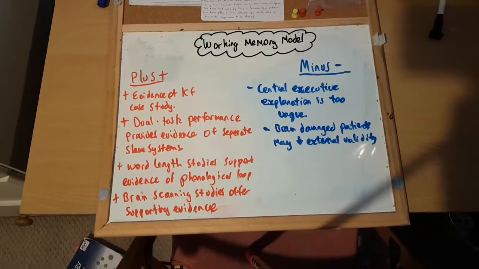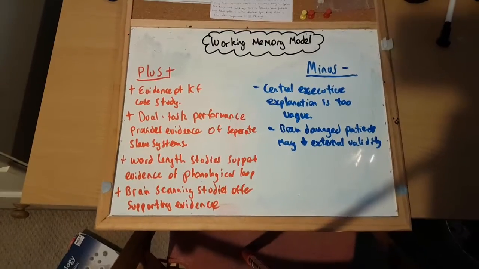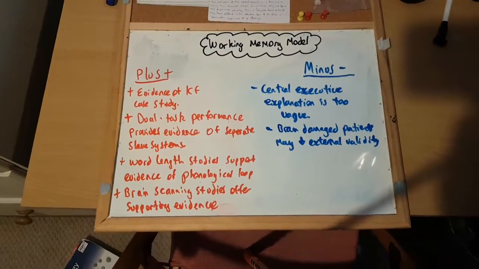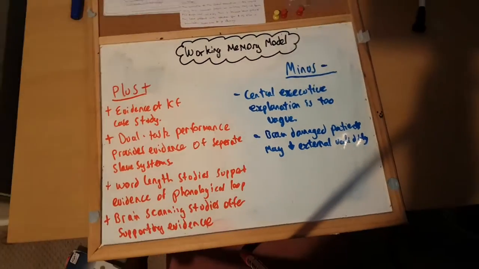So, minuses, central executive explanation is too vague, right? If you can read my handwriting. Pretty good. Pretty good. Anyway,